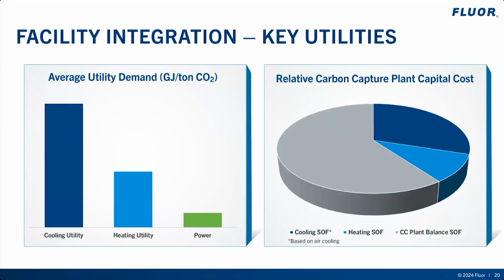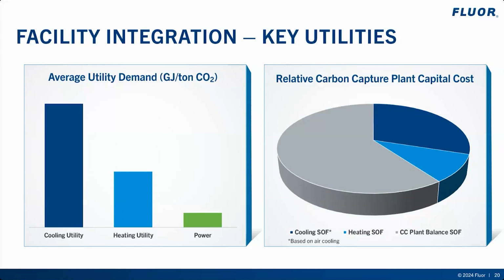So focusing in on the key utilities of heating, cooling, and power, the graph on the left shows the relative energy requirements between these utilities. The graph on the right shows the relative fraction of the total plant capital cost. For established commercially available amine-based solvent technologies, process heating associated with the reboiler demand of the regenerator is on the order of magnitude of 2.5 to 3 gigajoules per ton of CO2 recovered and accounts for roughly 10% of the